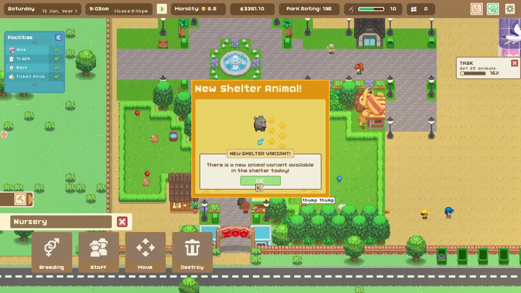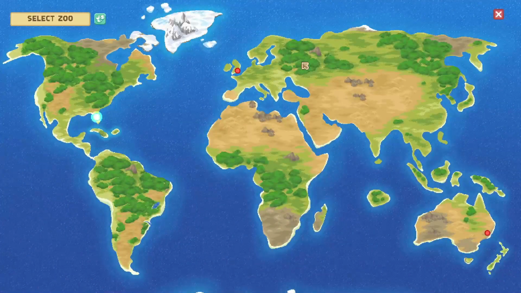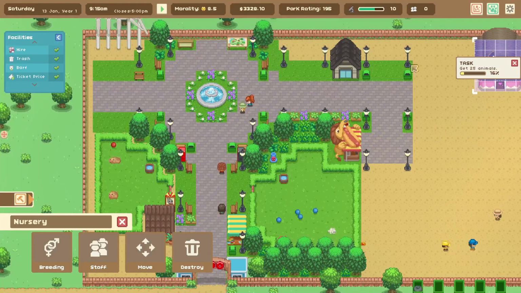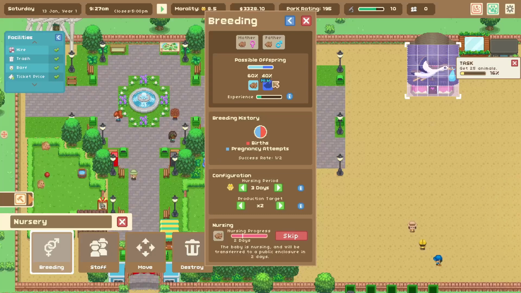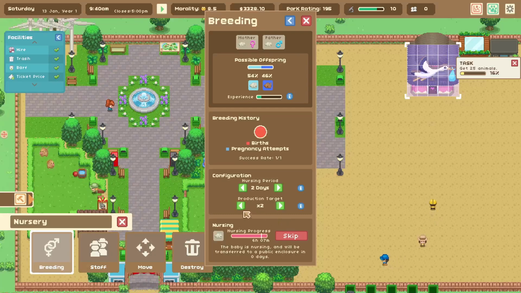Ooh, and there's a new variant of pigs. Okay, so there's a lot that's probably happening today because, well, not today, but we have to wait a little bit more. But let's rescue this pig. We will have that one brought here. And in a few days here, I think it's, well, if we go, okay. So if we look, this pair we definitely still want to keep breeding. I think I'm actually going to tell the other one to stop because I don't want...